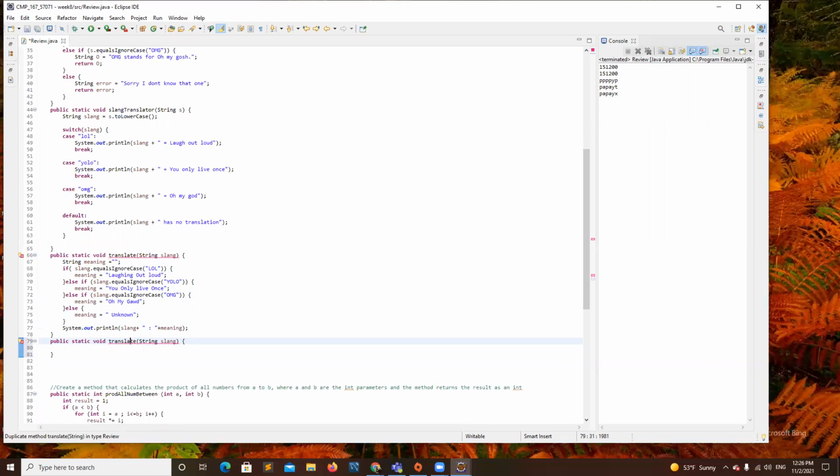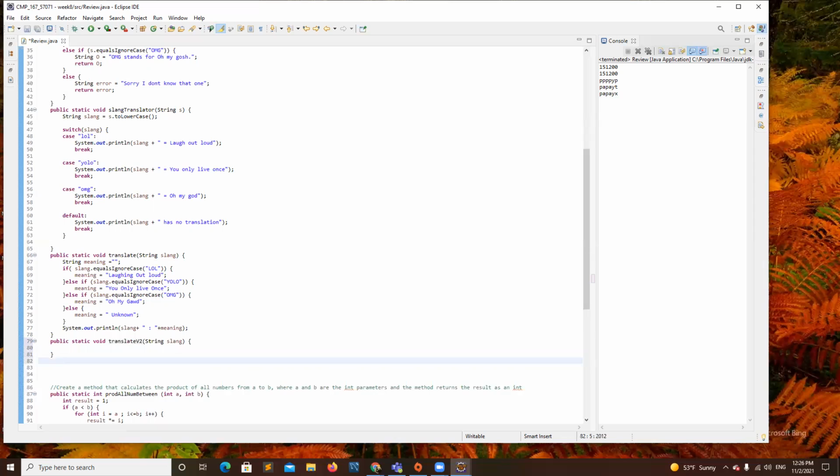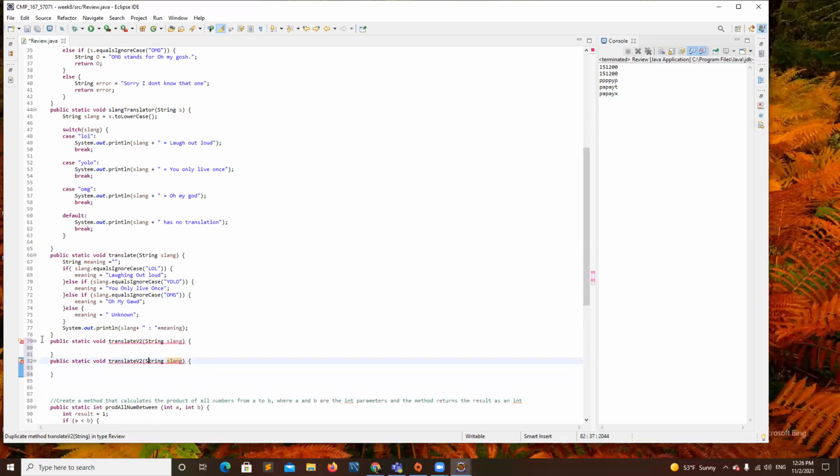Translate version 1, version 2. And I'm also going to show you one more data structure named hash map, version 3. The first implementation I want to show you is going to be using hash maps, okay? Are you guys ready?